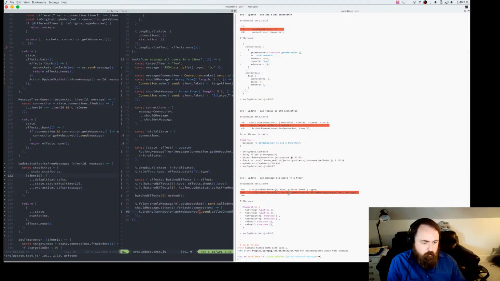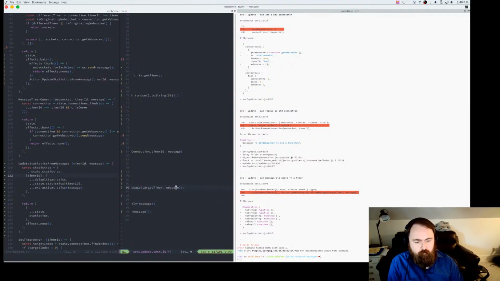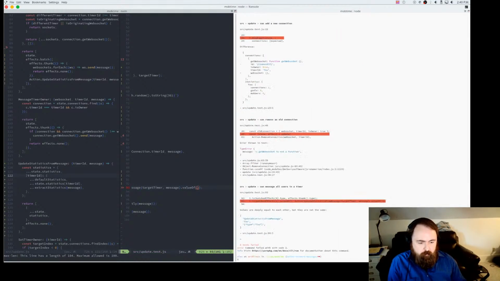Batched effects 1 is apparently different than the call to this. Oh, because it has different. Okay, well that's easy. We can just convert it to value of. I can't remember what value of is going to give us, but I think it'll give us something comparable.